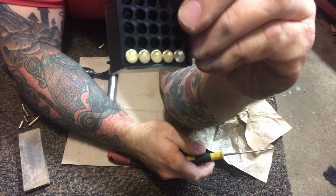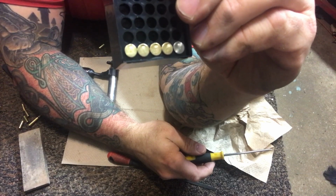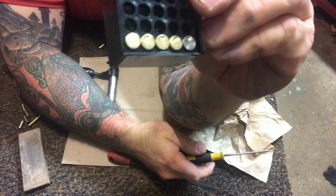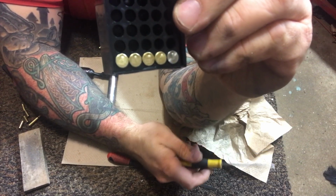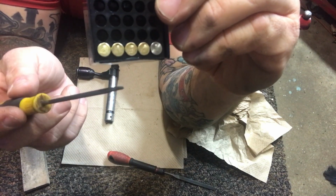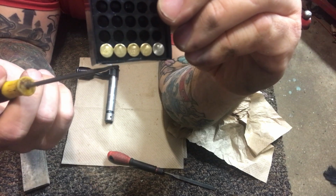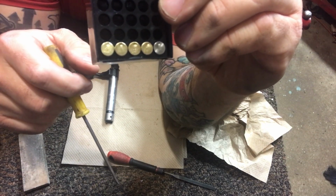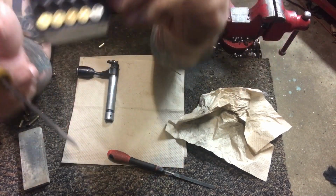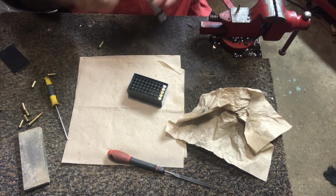It's hard to show it on camera, but if you get the light just right, it's substantially deeper than the other one because there's no wasted energy on the rim where there's no priming compound. And when I did these, they were all live. I pulled the rounds on, like I said, to test the sound, and the sound is substantial. It's almost like a CB short or a cap gun. The primer compound is so loud compared to before. So it's super simple to do, not complicated at all, and I'll just show you quickly, if I don't fumble it too badly, what it looks like